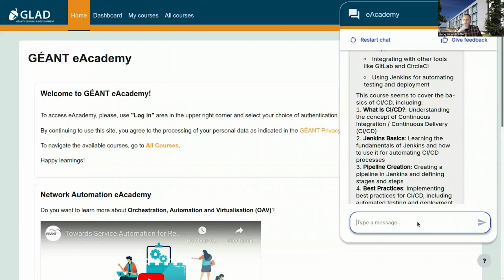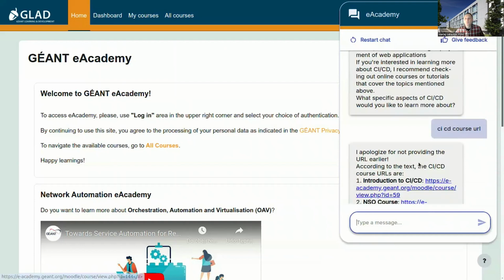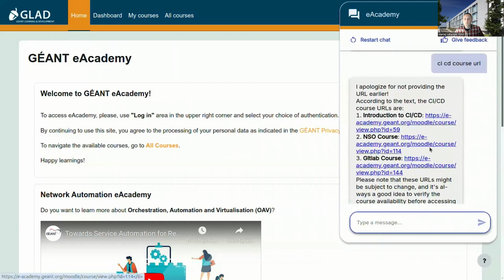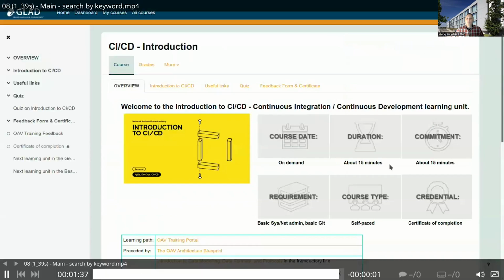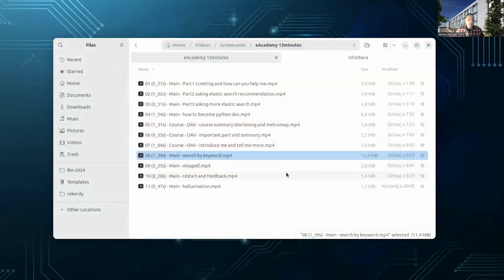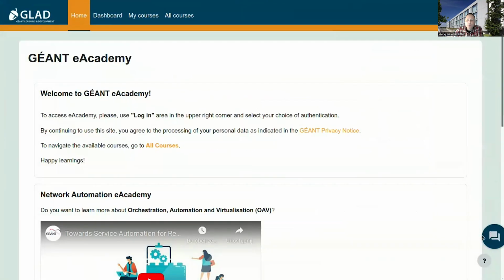And finally, the student should be able to get the URL for the CI/CD course. Yeah, succeeded.